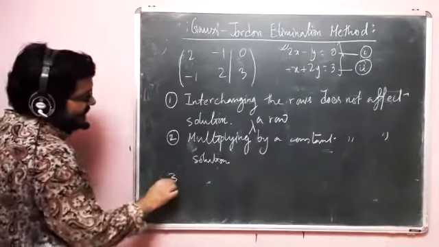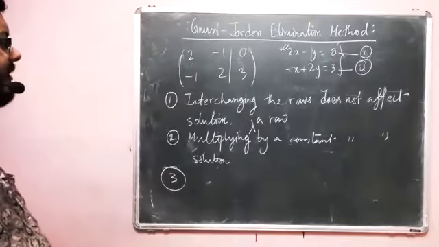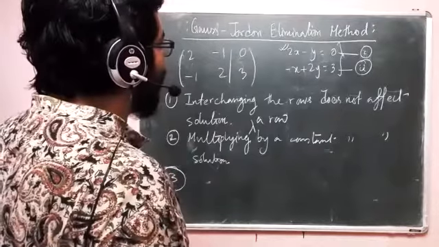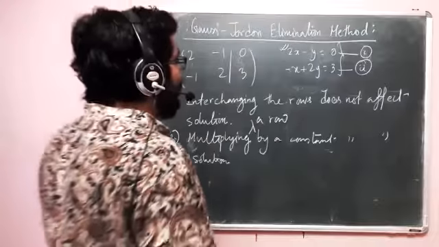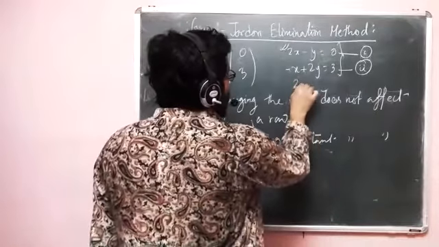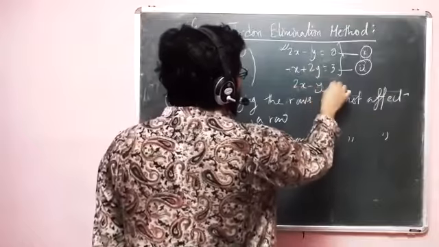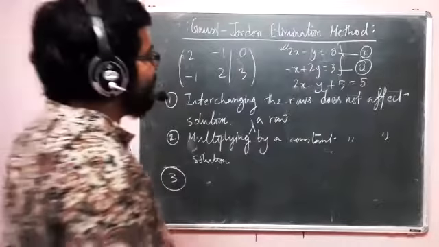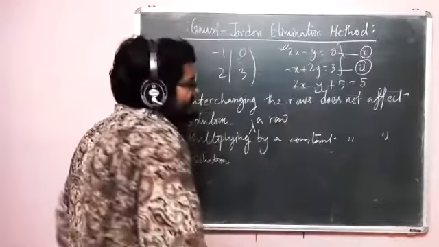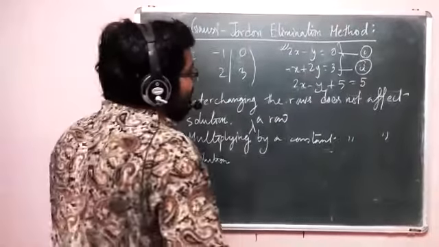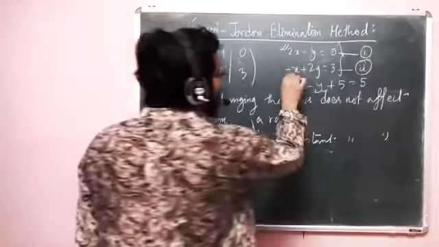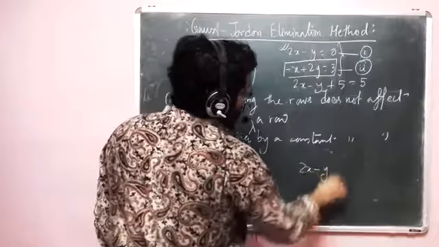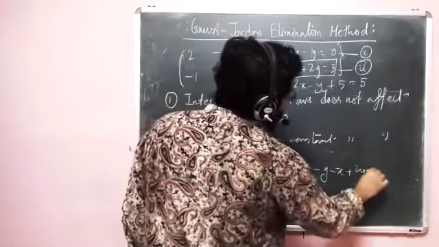So what is the third one? The third one is not that readily visible, but the third one is this. See, if I add something here, let's say if I add 5 on both sides of the first equation, I'm not changing anything, right? That goes for the second also. Now let us extend our idea a bit. What if I add the second equation to the first equation? That also doesn't change my solution, does it?